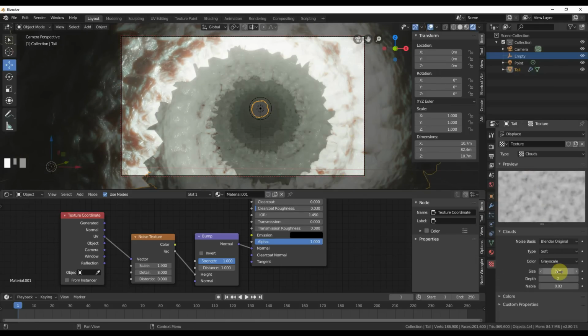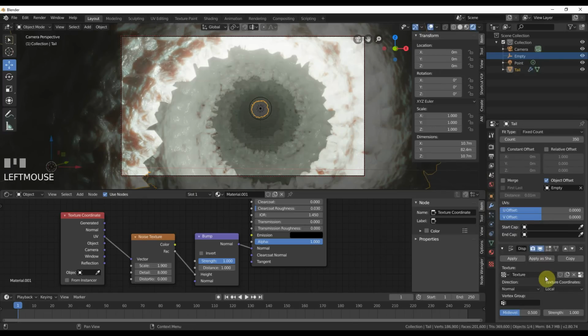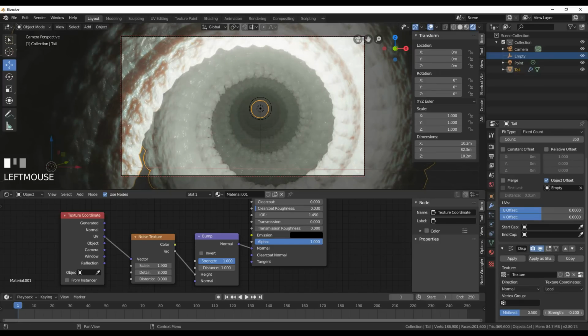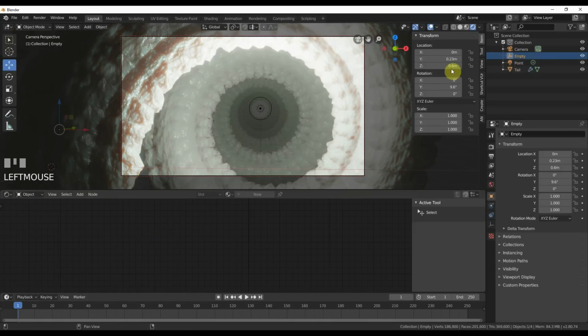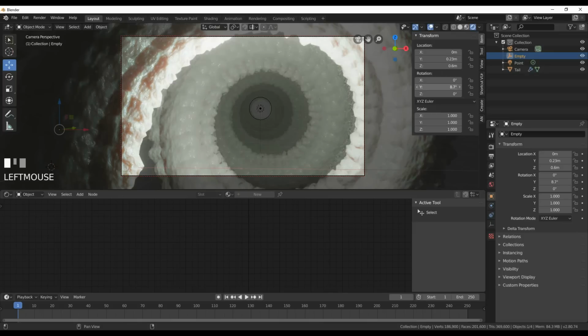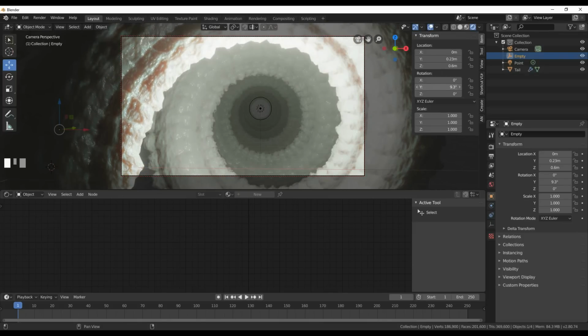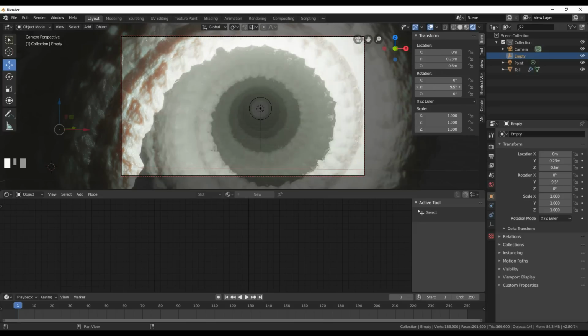So I can play over here, or I can go down to modifiers, back to my modifiers tab, and under strength, I can pull that down a bit, and that's looking a little bit more broken up. So now, if I have empty here, you can see that the texture is not swimming, and I'm getting a really interesting looking, creepy